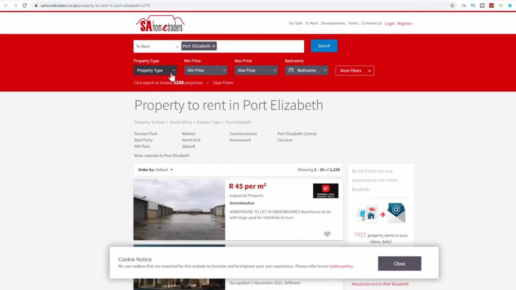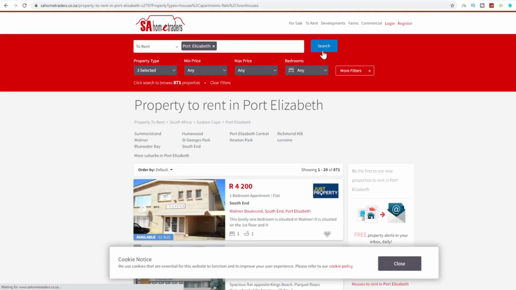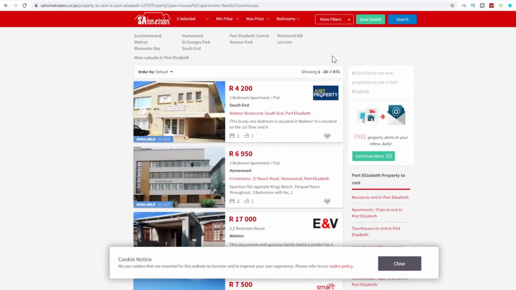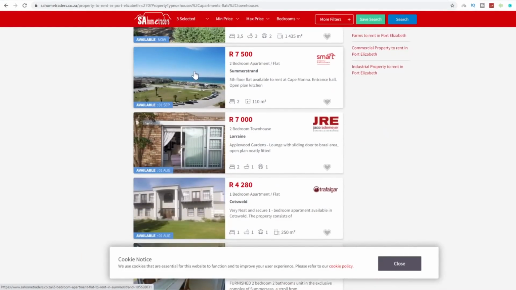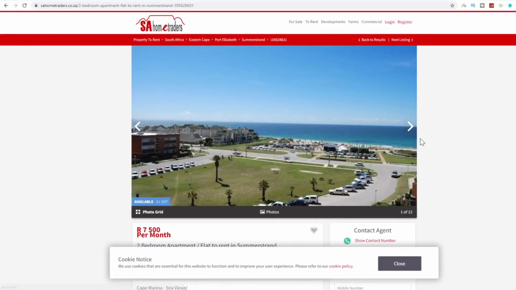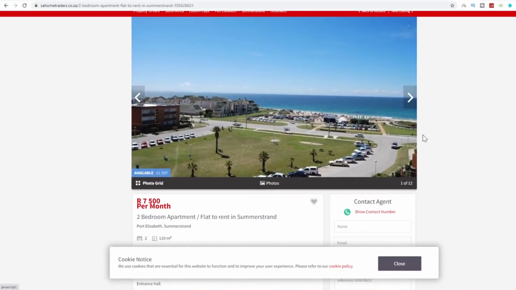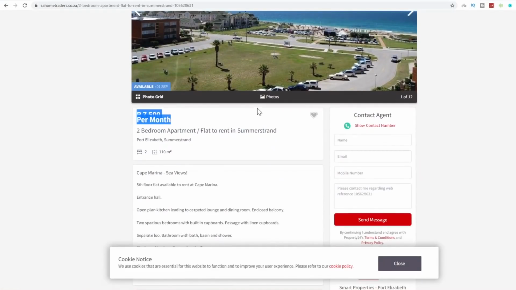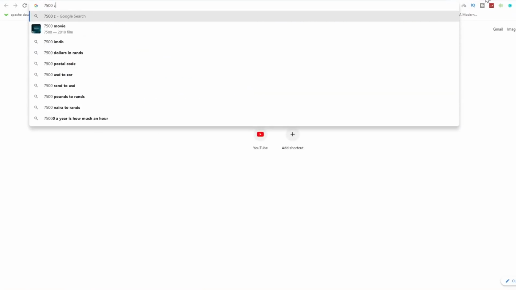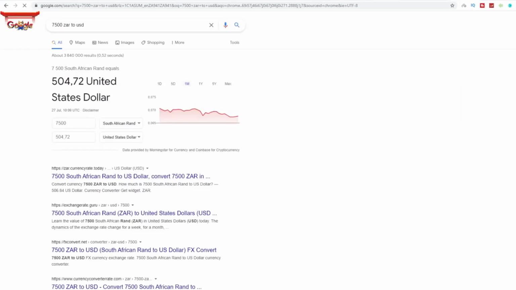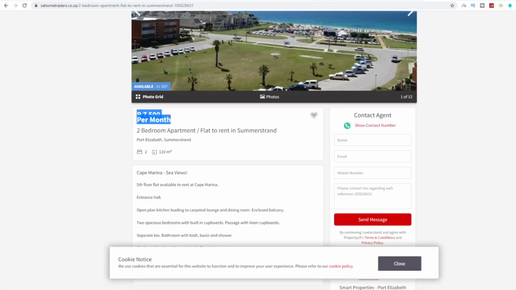What you want to do is filter the property type and check house, apartment, and townhouse, and leave out farm, commercial, and industrial. You just want homes, houses and apartments. If I click on enter, take a look at this. Over here, we've got, for example, an entire 2-bedroom apartment flat on the top floor in one of the local areas in my city, which is currently costing 7,500 Rand per month. If I show you, 7,500 ZAR to USD is plus minus $500 a month, which is not bad